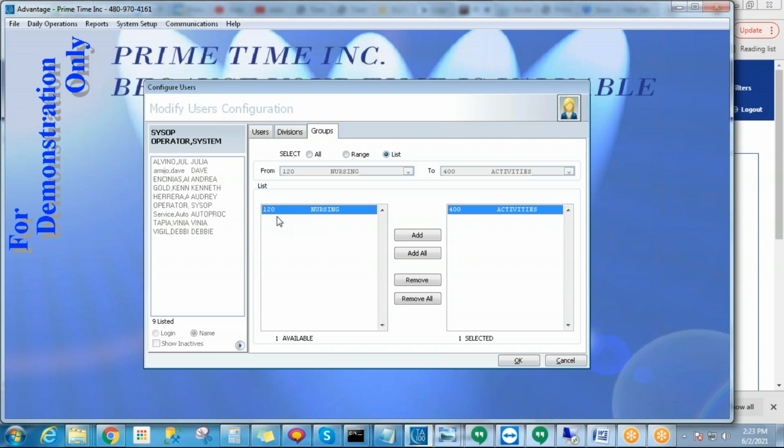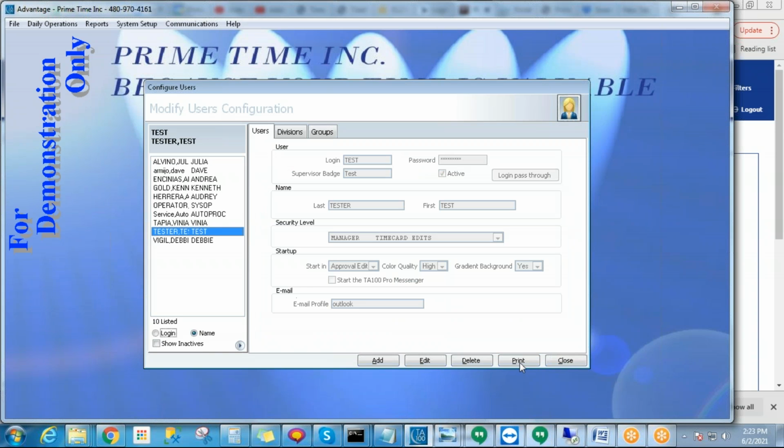Range is basically from nursing to activities. So in this instance, it would be all. Most companies have a multitude of groups down here with different employees, and you could pick and choose. I could add both of them over here if I wanted, if I had multiple groups that this person was responsible for. I'm just going to use the activities. I'm going to click OK. I go ahead and close this